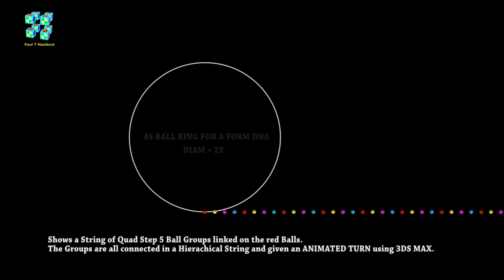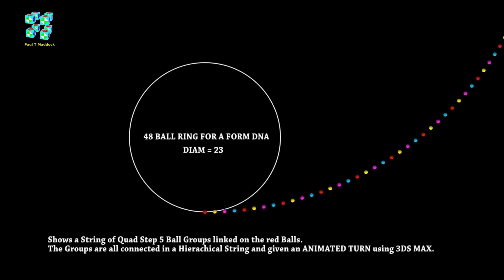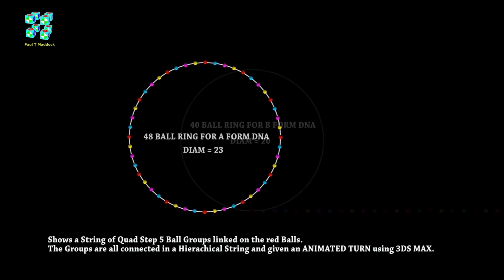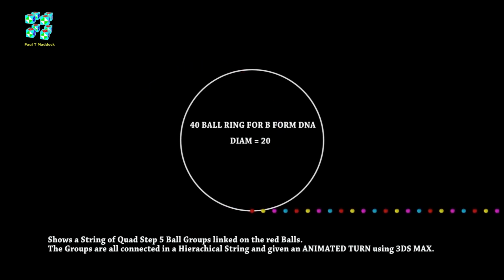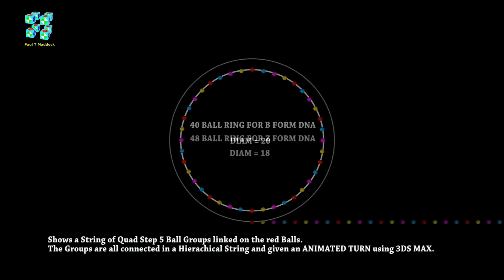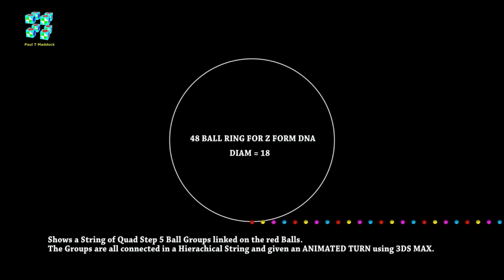Okay, to make a start, I'm going to make a Quadstep ring of 48 balls. Now to make this ring, the red, yellow, purple, cyan, red are linked together in a 5-ball hierarchy. Now each of these 5-ball hierarchies are joined together on the red ball in groups, and these are put in a hierarchy also. Now you can see in front that by adding or subtracting groups of balls, you can make rings of any